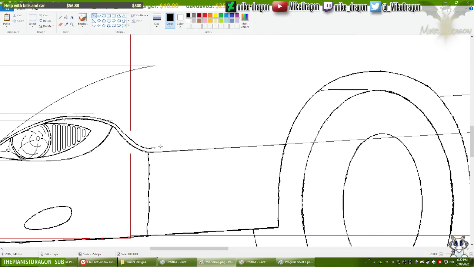Actually, instead of freehanding more stuff here, let's just run another line to reinforce the line. Yeah, there we go.